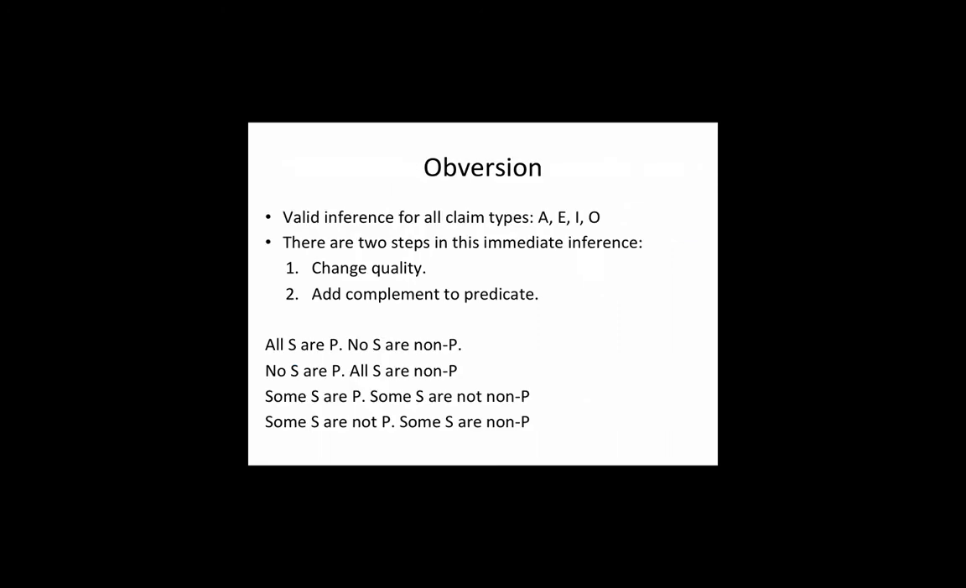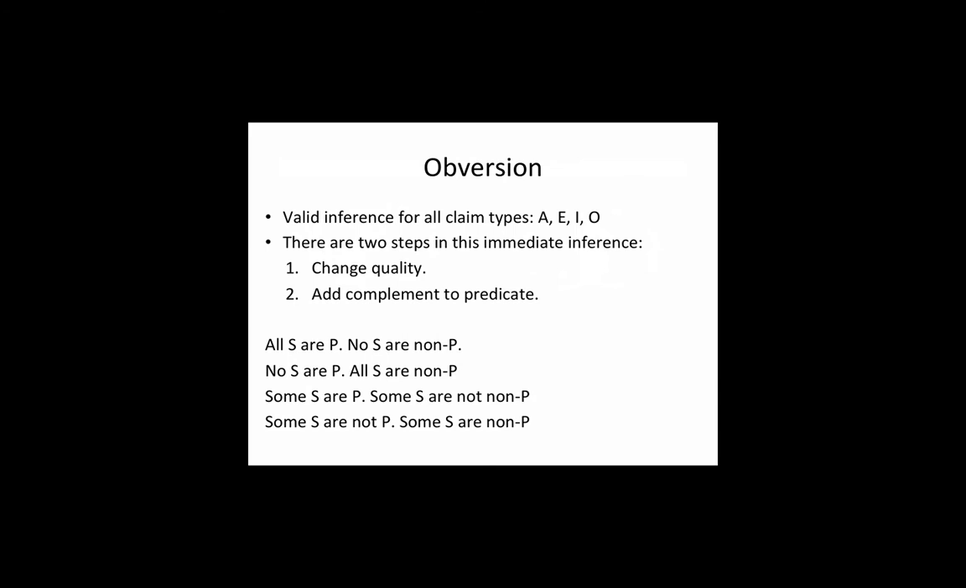Now let's review obversion, conversion, and contraposition. Remember we said that the square of opposition, on both the traditional and the modern interpretation, is about making inferences between proposition types, between A and E, for example, or O and A. Obversion, conversion, and contraposition, on the other hand, are inferences that involve manipulating the proposition itself, not moving from one